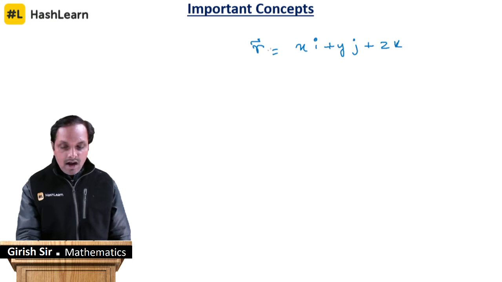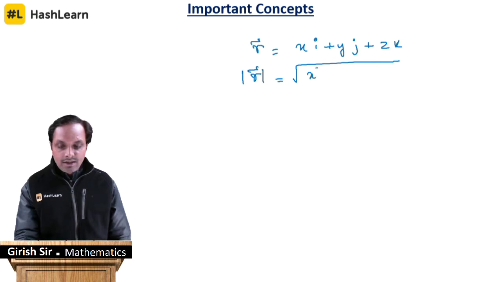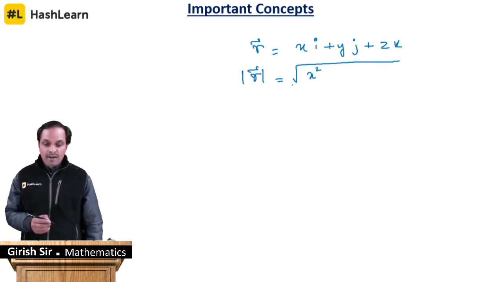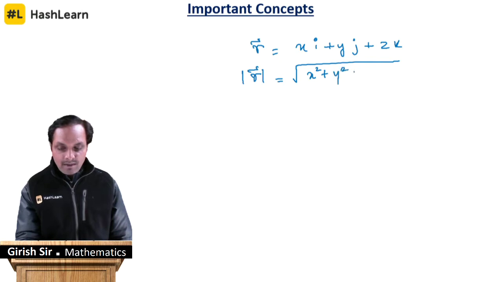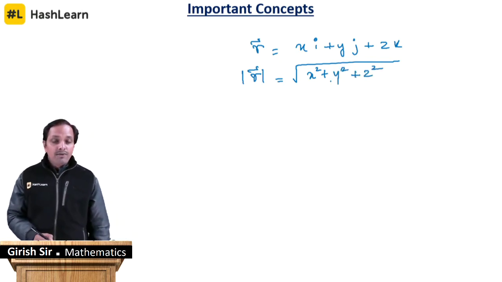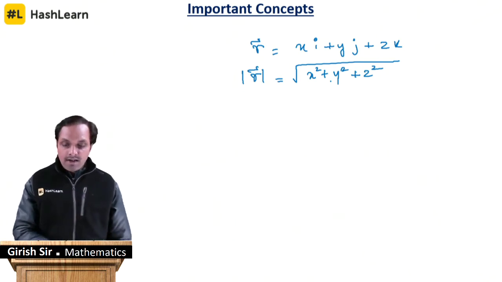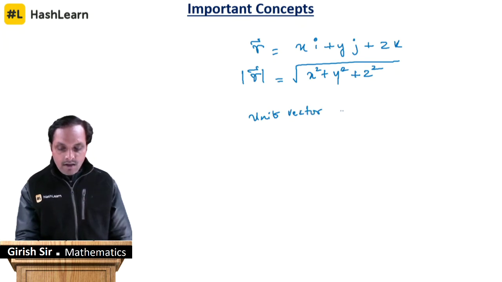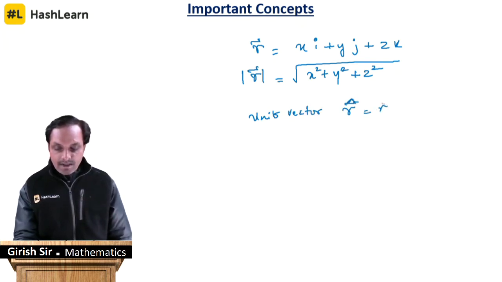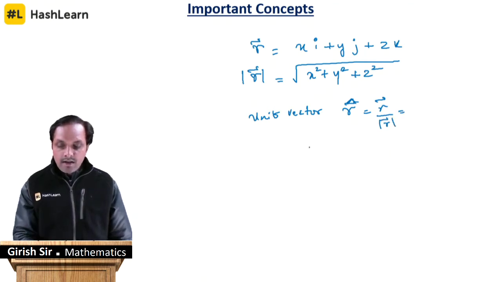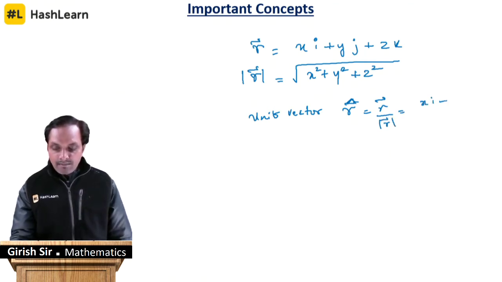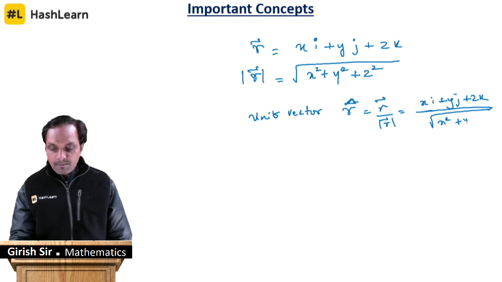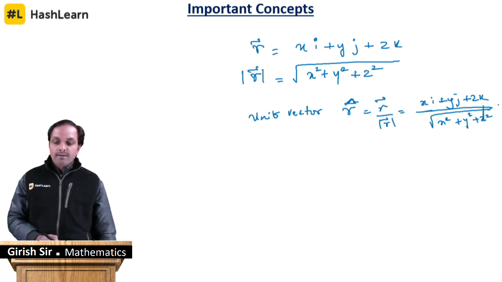Just take the R vector and divide by the magnitude. What is magnitude? Magnitude will be the distance from the origin to the point. So magnitude will be the root of x square plus y square plus z square, where x is the i coefficient, y is the j coefficient, and z is the k coefficient. So your unit vector, we denote it as r cap, that is vector r by magnitude of vector r. That will give you a unit vector which is xi plus yj plus zk whole divided by root x square plus y square plus z square. Okay,